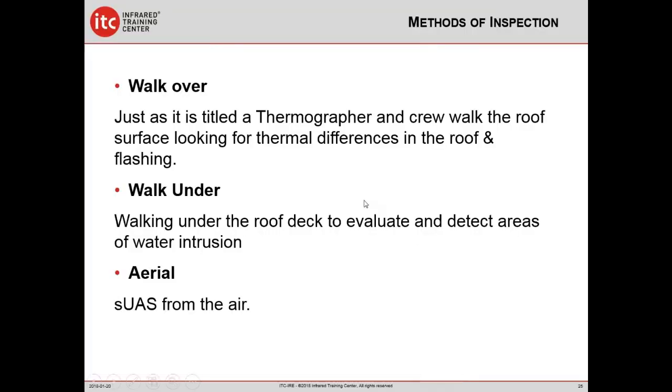Some methods of inspection: walkover. There's three basic methods. Walkover, just as we've been talking, infrared camera, you walk over the roof, and you have to make sure that you have the correct angle, and if you don't, you're going to see more reflections than you're going to see thermal anomalies. And that's what we call them. We call them thermal anomalies till we can further evaluate them with a moisture meter,